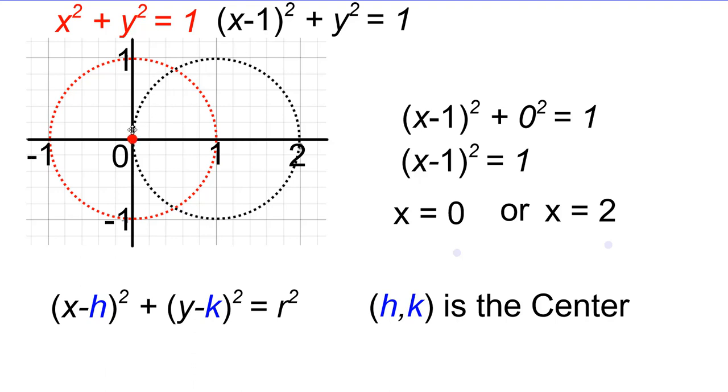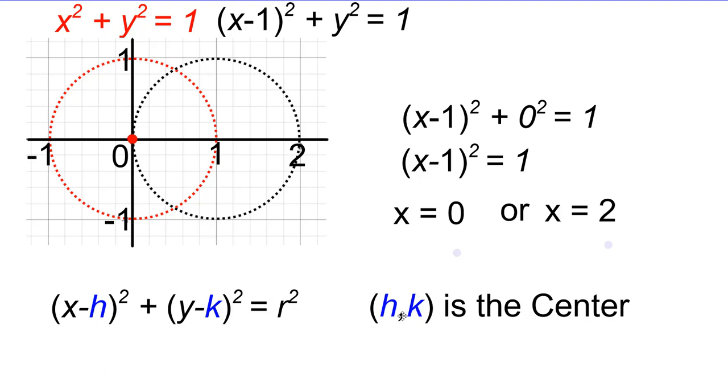And what we did is we went from the origin of 0, 0 for the center of the circle to the point 1, 0. So what's happening here is this new modified formula. This is the actual full formula for the circle when we don't have a special case of going through the origin, which is rare. And it goes like this: x minus h squared plus y minus k squared is equal to r squared, where h and k is